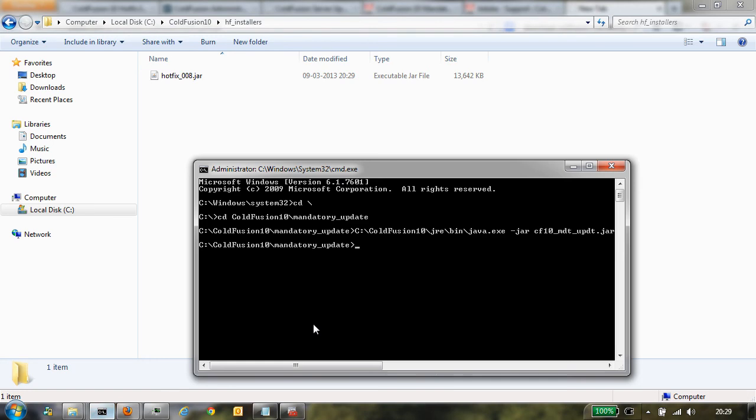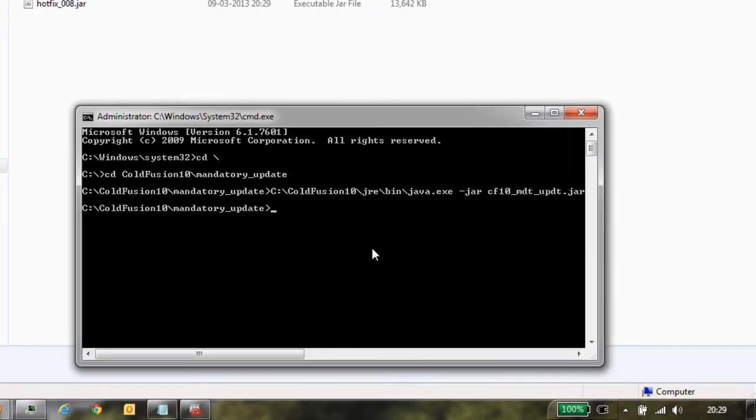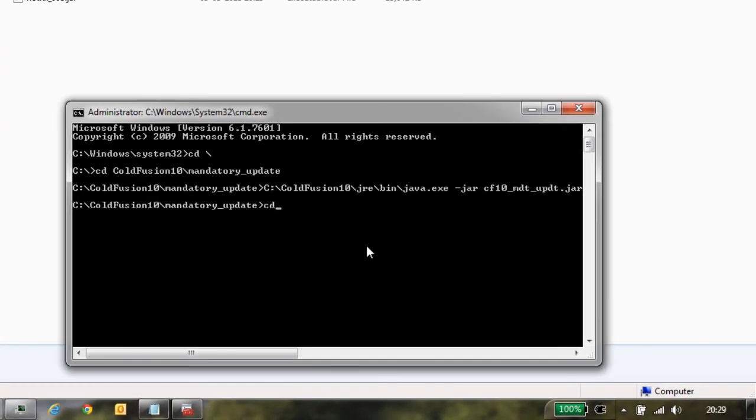What you have to do now is cd to the directory that we have downloaded to. C:\ColdFusion10, HF, I have downloaded under HF underscore installers, and invoke this installer offline.